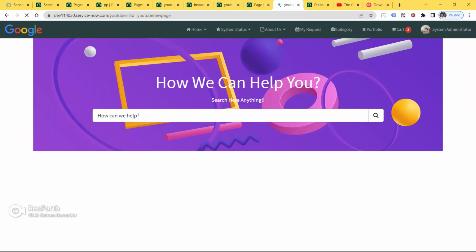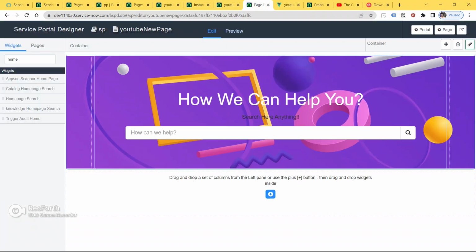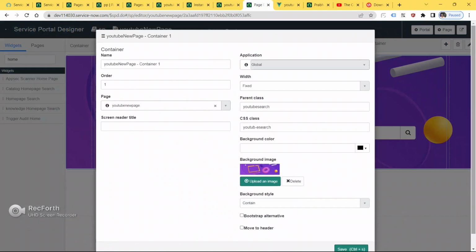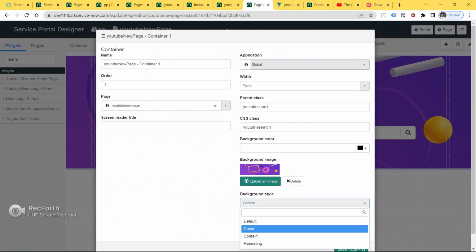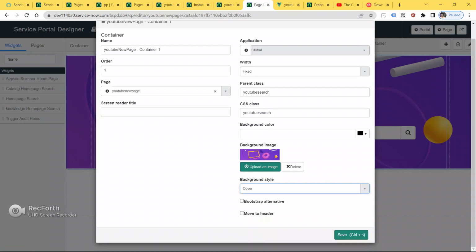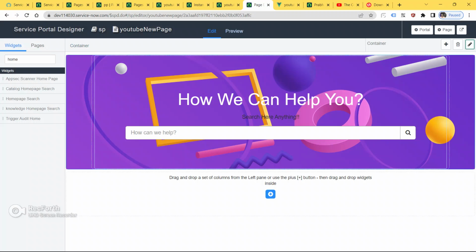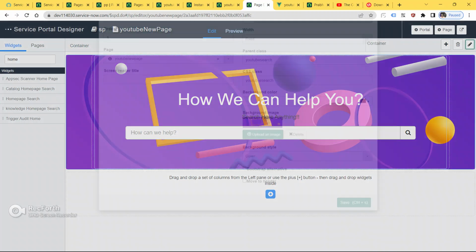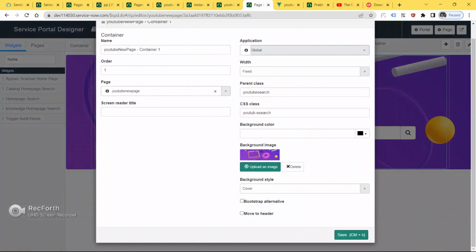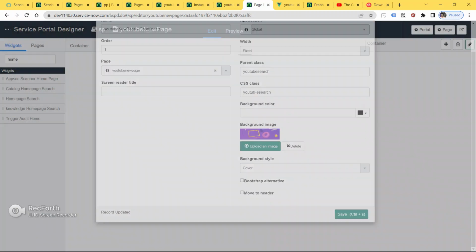Now let me refresh this. No, it's cover only. So select this and click on the edit icon and change this to cover. Now let me save, or you can define a bootstrap alternative also.